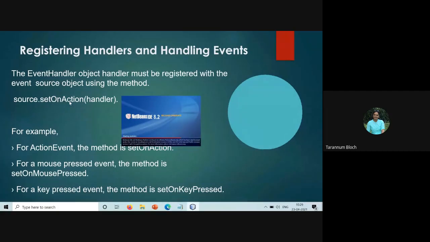So we said C dot set on action, and we had set on key press, set on mouse press and set on mouse release methods, which were your event handlers.